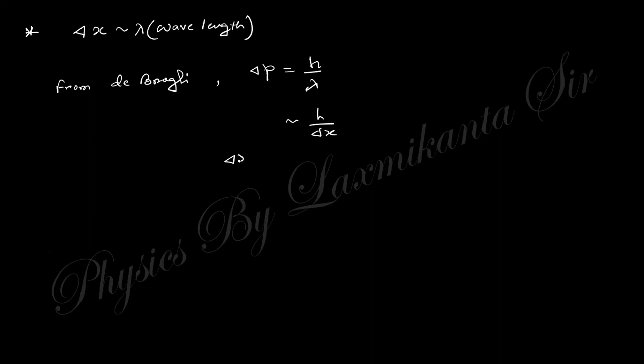So delta x into delta px is nearly h, which is greater than h cross. So finally we get delta x into delta px is greater than h cross. Okay,